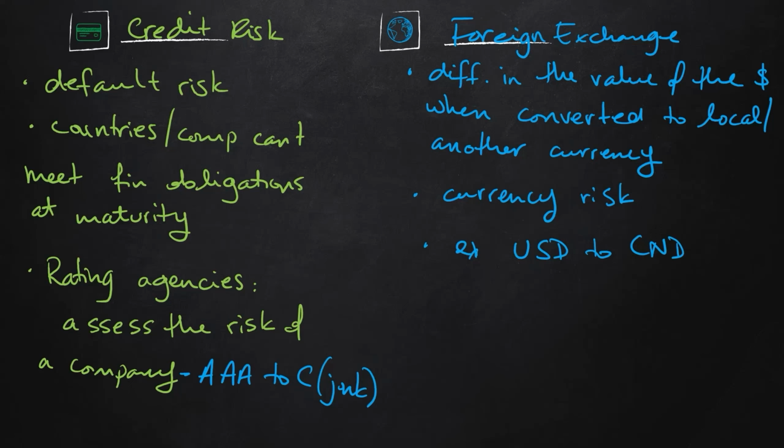One great example of this is the US dollar to Canadian dollar. If you take the US dollar to Canada, you really do make a lot of money. Your Canadian dollar is worth around, right now, 1.3, I believe, of a US dollar. So you are making a lot of money. Your purchasing power is increased.